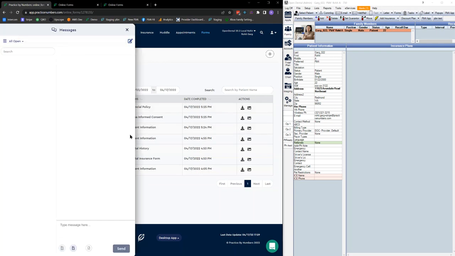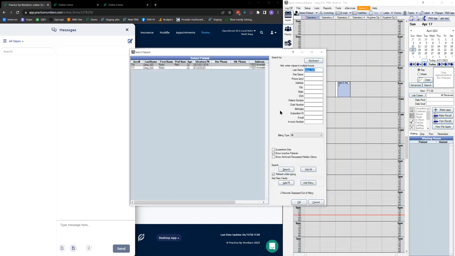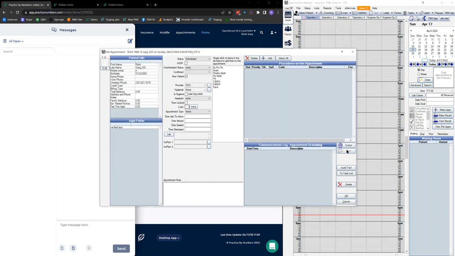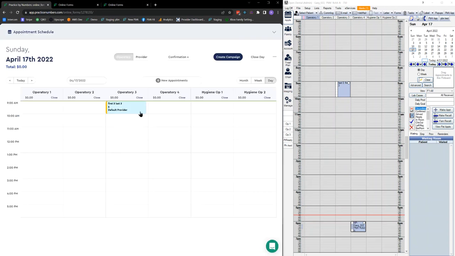Now, the other thing that we allow you guys to do is to be able to send an email or a text message automatically to any of these patients that have appointments coming up. So, for example, let's go in here, and let's create an appointment for this patient that we just used. Let's find the same exact patient, and we're going to create an appointment for that patient. And let's just pick anything right here, and I'm going to go ahead and quickly sync the information. And once I bring this up, we should be able to see that patient's